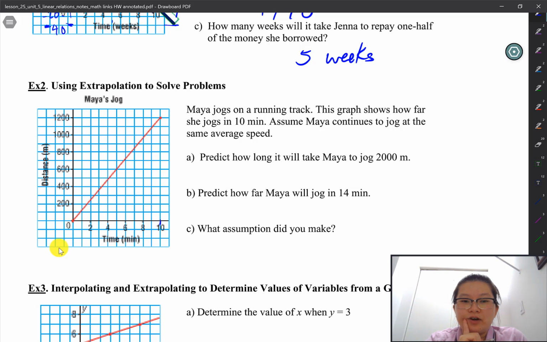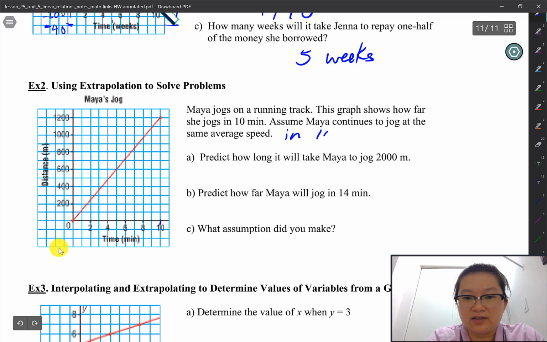Because we only know how far she jogs in 10 minutes. But hey, let's do a quick calculation here. In 10 minutes, she jogs 1,200. So let me write this down. In 10 minutes, she travels